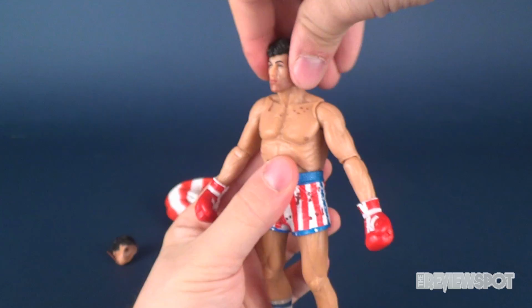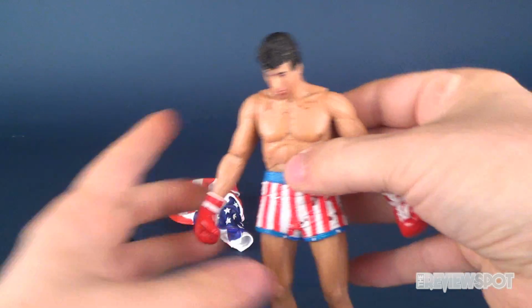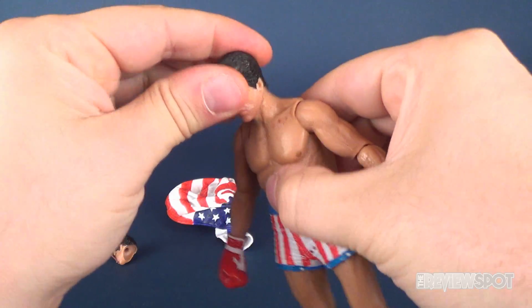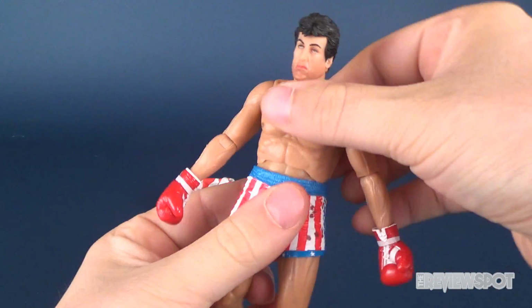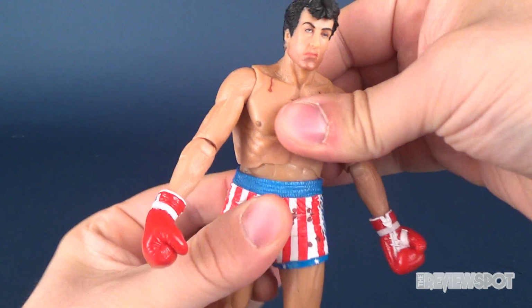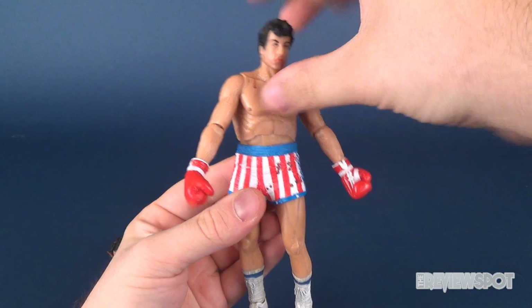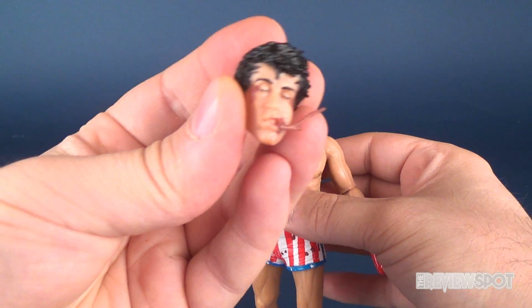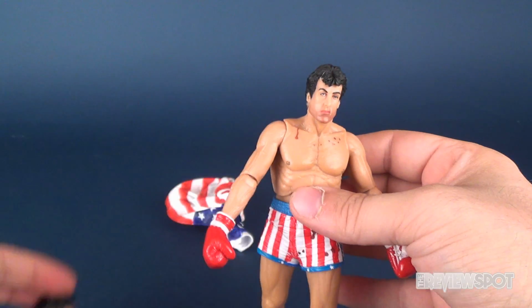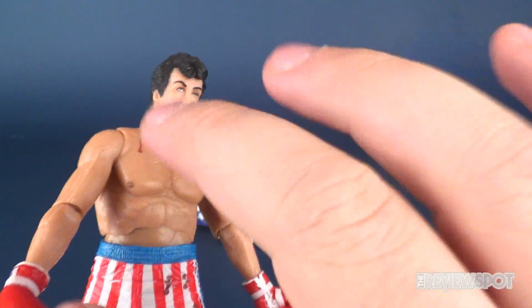Alright, so let's have a look at his posability. His head is on a ball joint, as we've already discussed, by way of changing out the heads. It also gives you a little bit of a hinge up and down. He's got the upper torso crunch, which actually ends up being a ball joint, so you can get a little bit of rotation going on there. What's neat though is you can also rotate the torso and then put the head in and have the head slightly at an angle too,